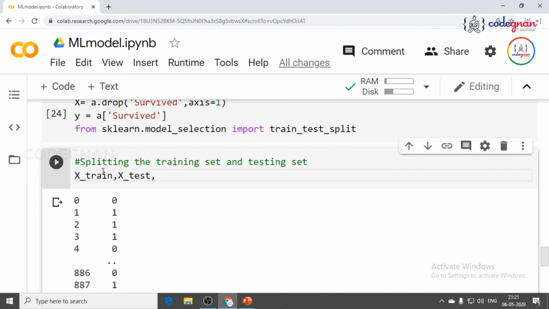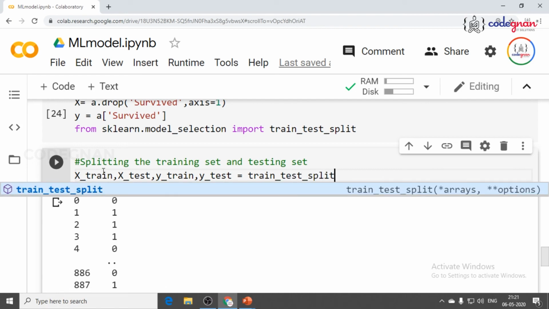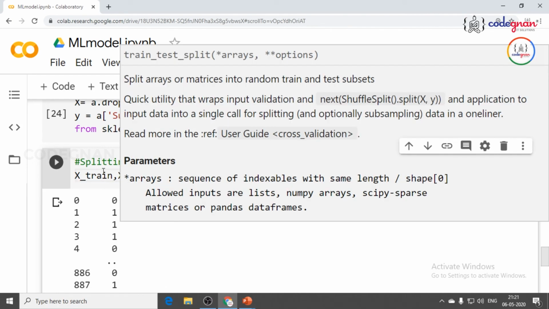Why should you go for training and testing? A simple example I always tell: once you are in school and college, you have some academic learning part, then finally you write the exam. In the same way, we need to train the model and then go for testing. That is the reason for train, test, split.